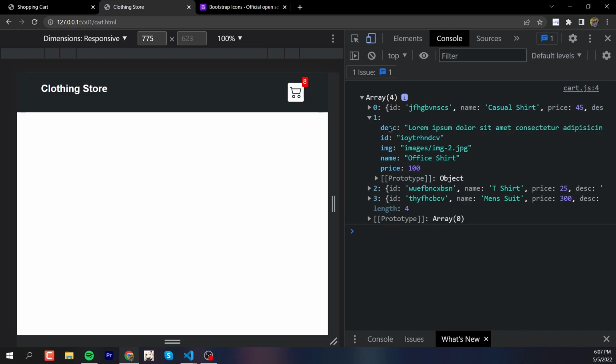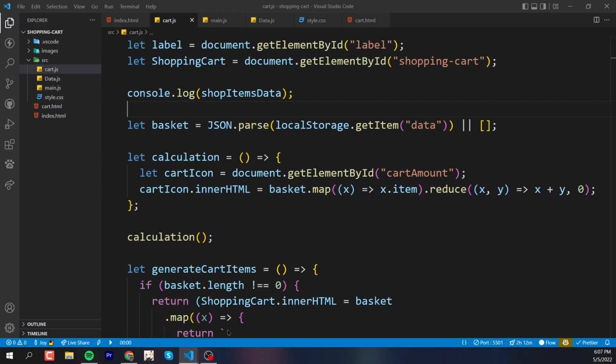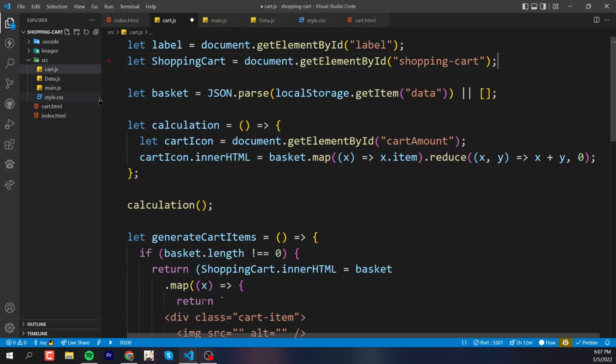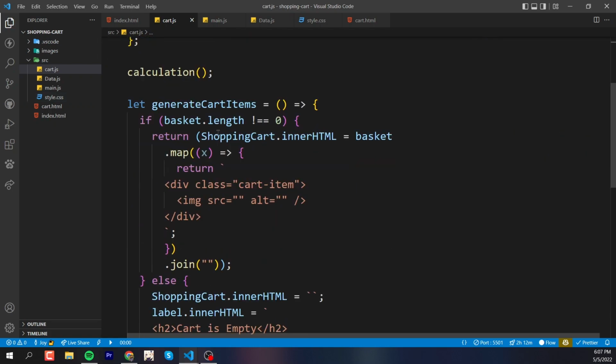Look at that. It got the description, it got the ID, image, name, price, etc. So far so good guys. Now guys, let's go back to our VS Code on the main.js. Okay, so not main.js, sorry, cart.js. Let's remove the thing from here, and now what we're gonna do is we're gonna come to our if statement